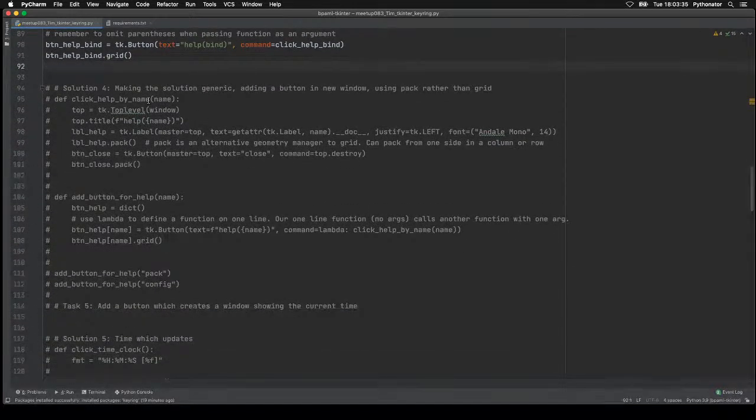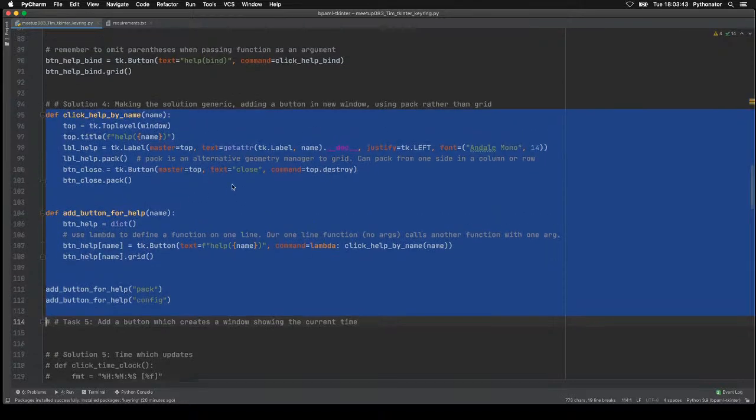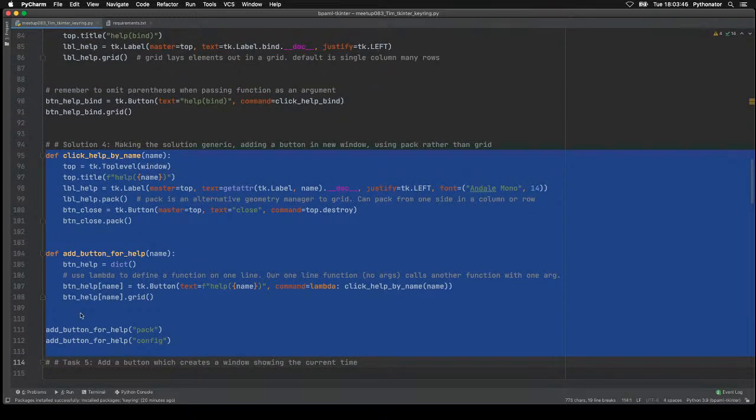So what I've done here is written code where we just have to provide the name of the thing that we want help on, and it will create a button for that, and it'll have a function that can be used. So if we say we want to add a button for help on pack, then that'll call this function here. Button help will be a dictionary, and the name will be pack in this case,